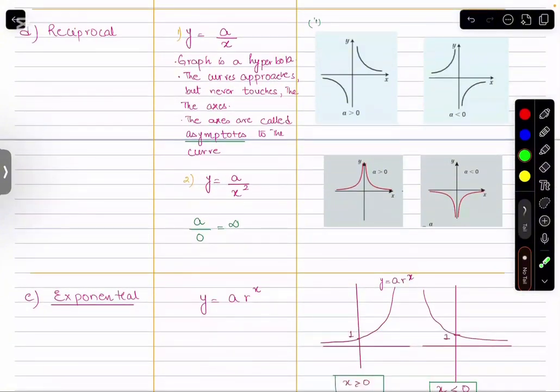दूसरा जो हमारा रेसिप्रोकल ग्राफ आता है, that is y equals a by x squared. A by x squared, again वही केस है कि x is in the denominator, so if it gets divided by 0 it becomes undefined, therefore it is an asymptotic function again on the x and the y axes both. अब वही बात कि अगर a greater than 0 है then it's asymptotic in the first quadrant and in the second quadrant. And if it's less than 0 then it is going to be asymptotic in the third and in the fourth quadrant.